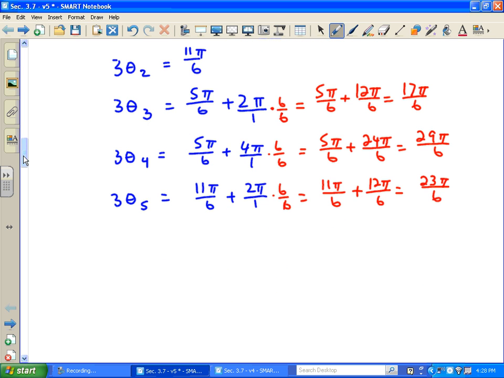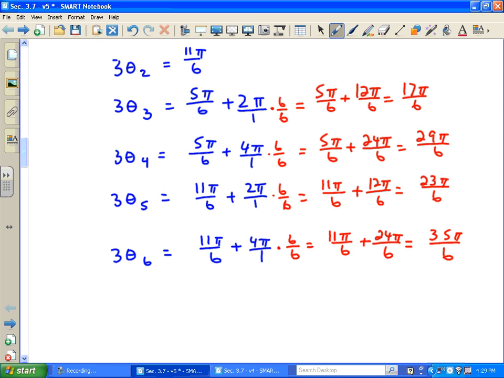And then finally, 3 theta sub 6 equals 11 pi over 6 plus 4 pi over 1. Multiply to get a common denominator by 6 over 6. We have 11 pi over 6 plus 24 pi over 6, which gives me 35 pi over 6. Now the final step on this kind of a problem is that every single one of